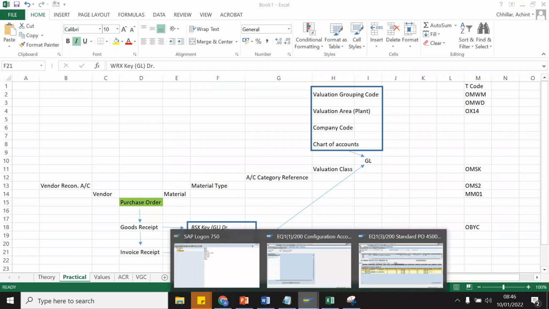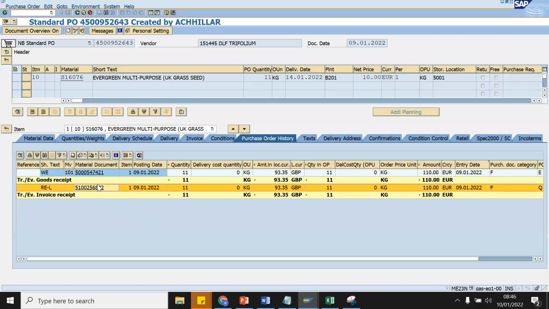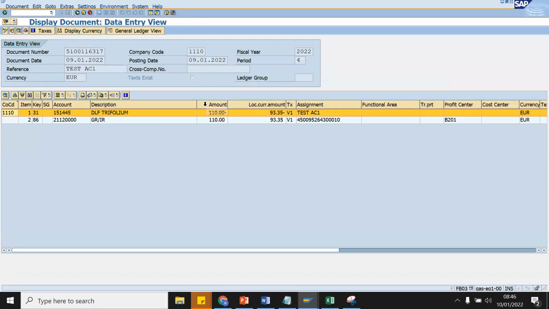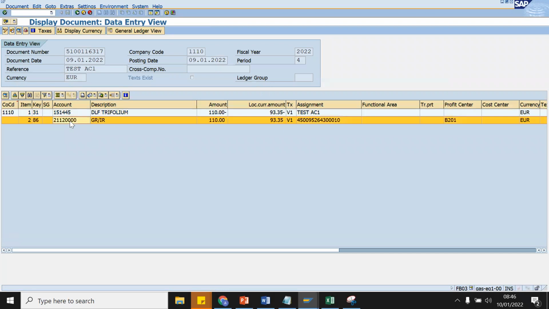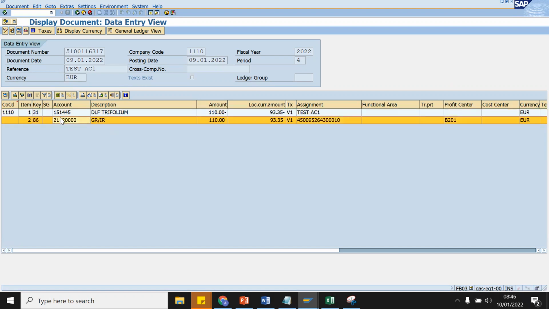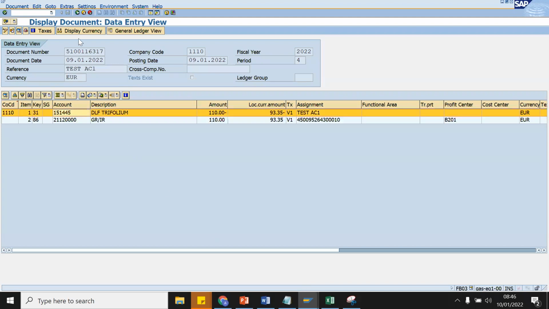So what I mean by this is, when I go into this invoice receipt, and when I go into the follow-on documents, you can see here the GRIR account and the vendor account. So this vendor will have the same account, and when we do the payment run, this vendor will get paid.